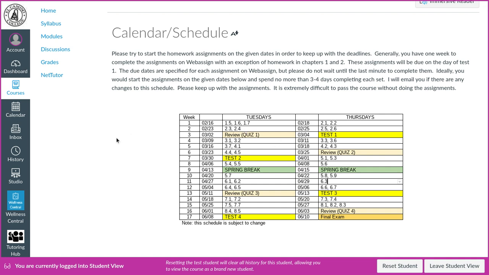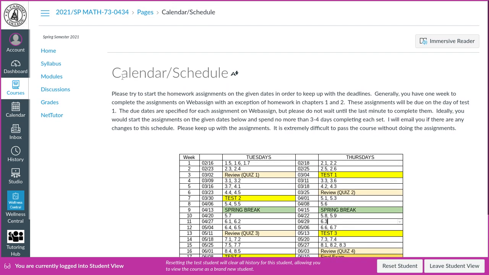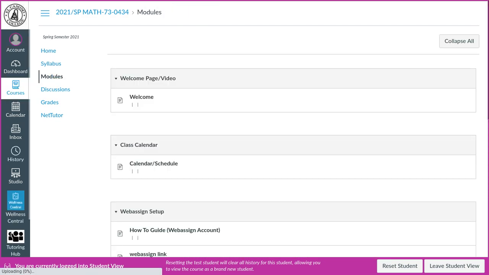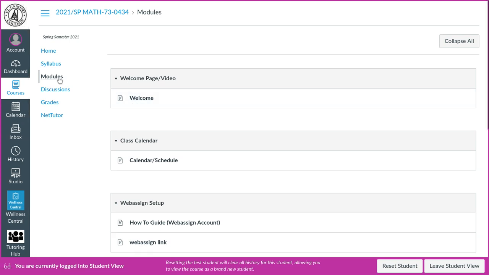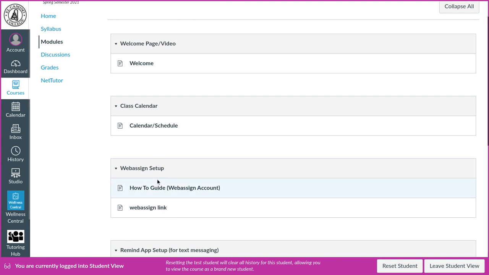Okay, so that's the calendar. Again, these are the dates that the homework assignments are assigned, and you should really spend 3 or 4 days. Okay, so again, back to the list of modules. So that's the calendar, WebAssign setup. So right here,